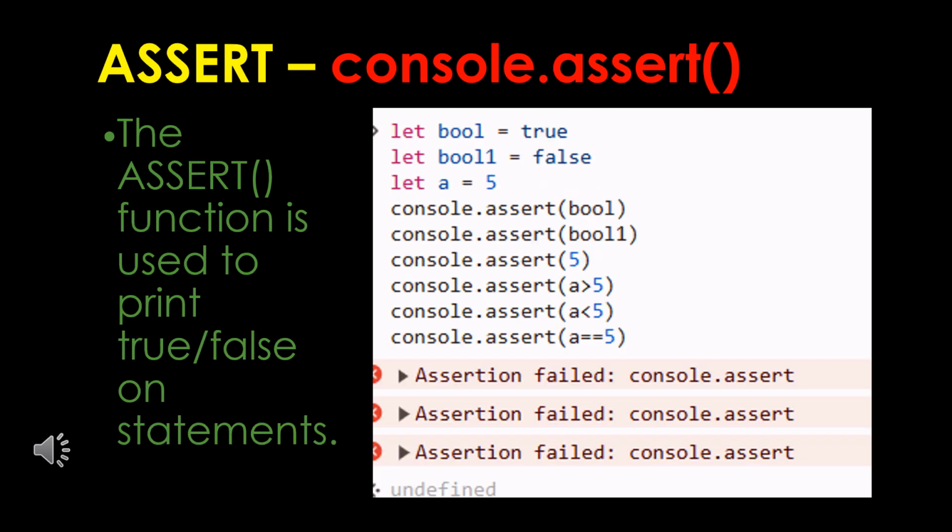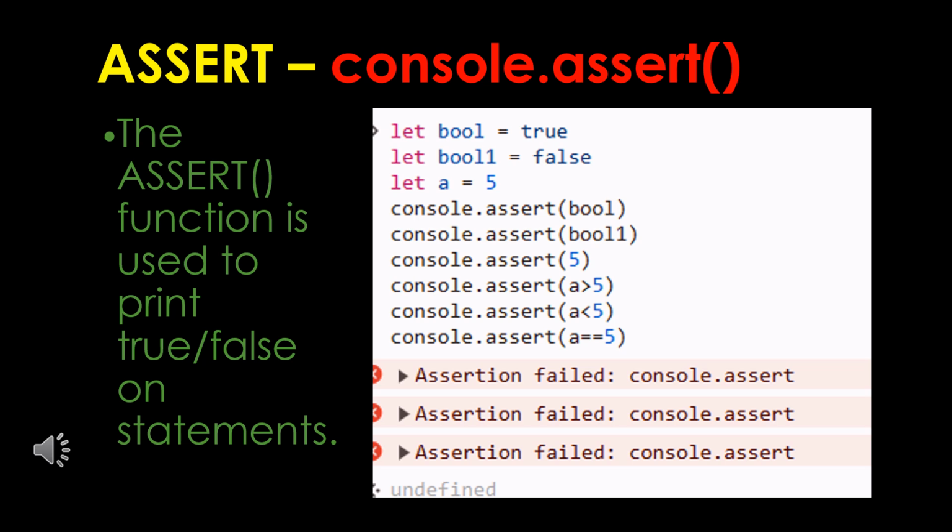Assert statement, console.assert. The assert function is used to print true or false on statements. For example, I have a set of variables which holds true and false values, and a contains some value like 5. So for example, if I am printing the boolean value true, then I can find that it is not getting printed. And when I am printing bool 1 which is false, it will be printed here as assertion failed console.assert. And then the console.assert of 5 will print the number, so it is a true value,